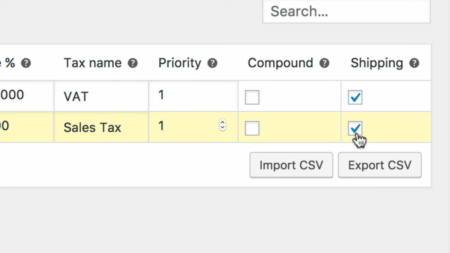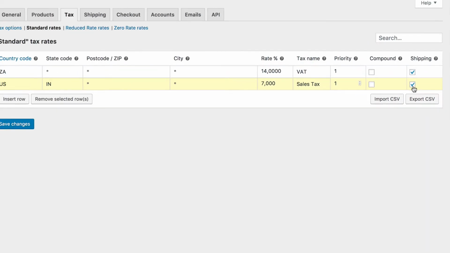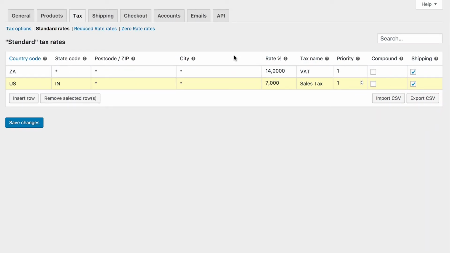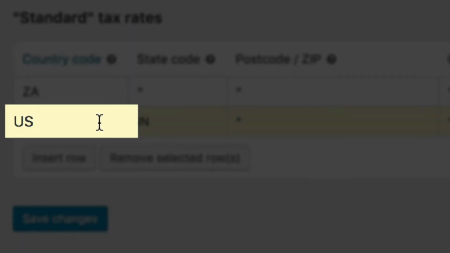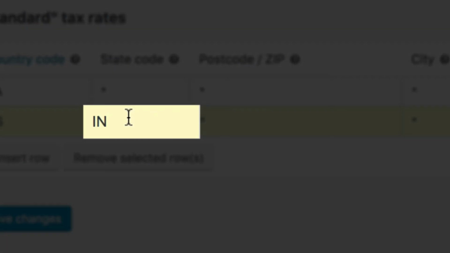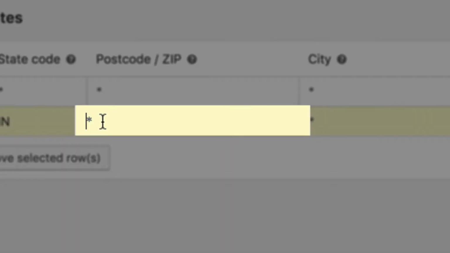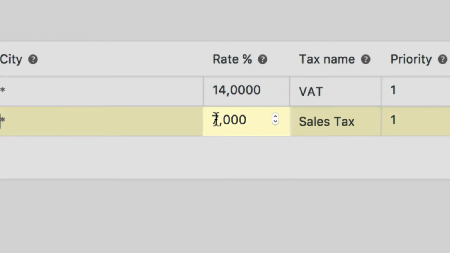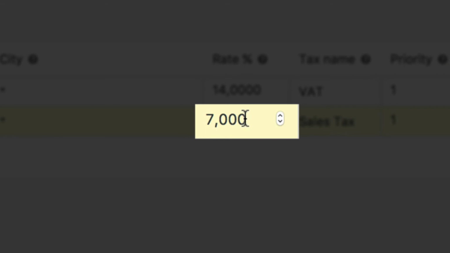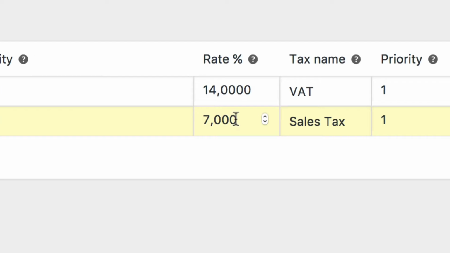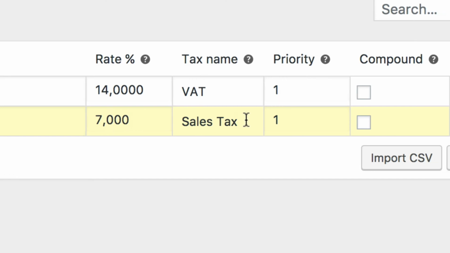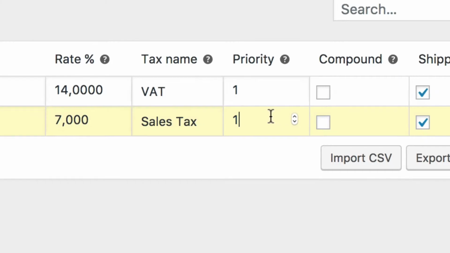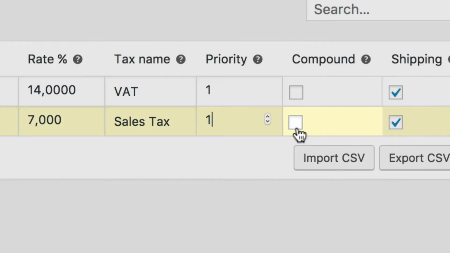With this knowledge, let's recap what we just set up. This is the sales tax setup for Indiana. The country code is set to US for the United States. Then IN for the Indiana state code. We'll leave the zip code and city fields blank to cover every location in Indiana. Sales tax rate is 7% in the state, so we've entered 7.000. We'll then name it sales tax with the priority set to 1. We don't want to compound this on top of other prior taxes, but we do want it to apply to